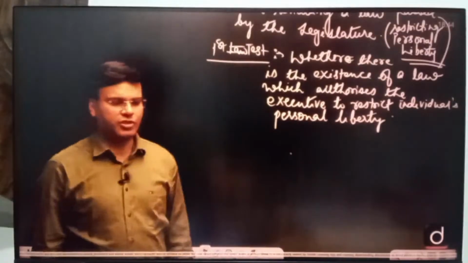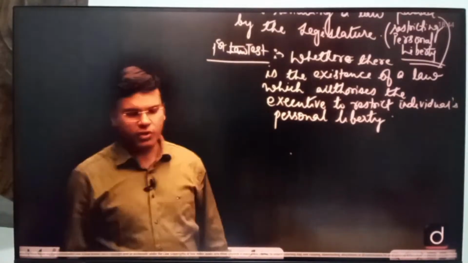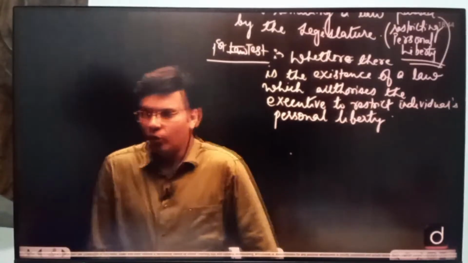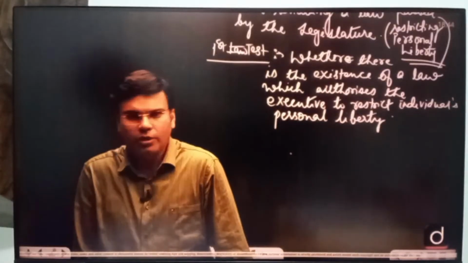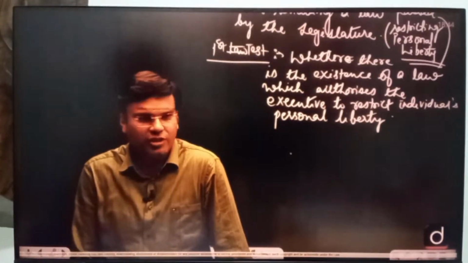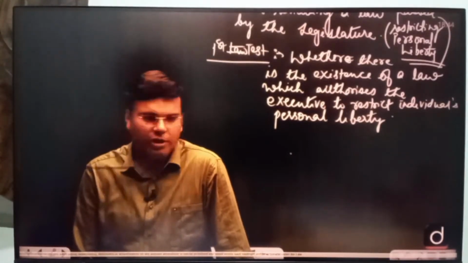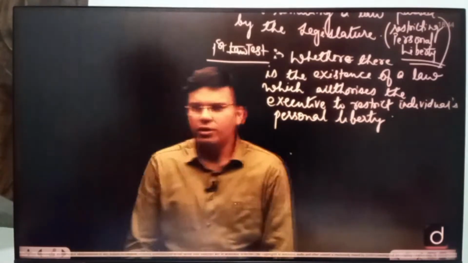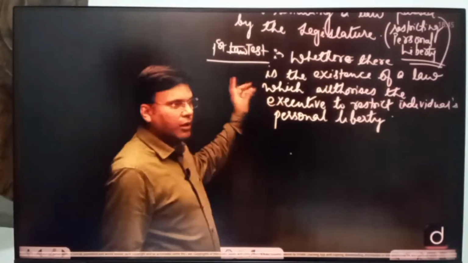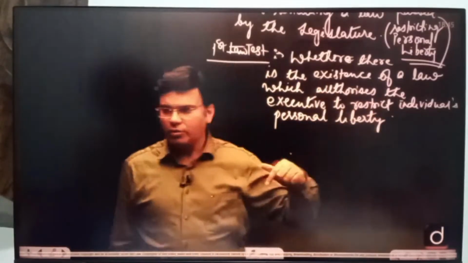That's the first test. So what you are going to see is कोई लॉ ऐसा है जो अथॉरिटी देता है एग्जीक्यूटिव को, and by that law which empowers the executive to restrict somebody's individual liberty. ठीक है, सो लिबर्टी रेस्ट्रिक्ट करने की लॉ है या नहीं है। तो पहला टेस्ट हो गया। अब गोपालन केस याद करो, there is already a law which